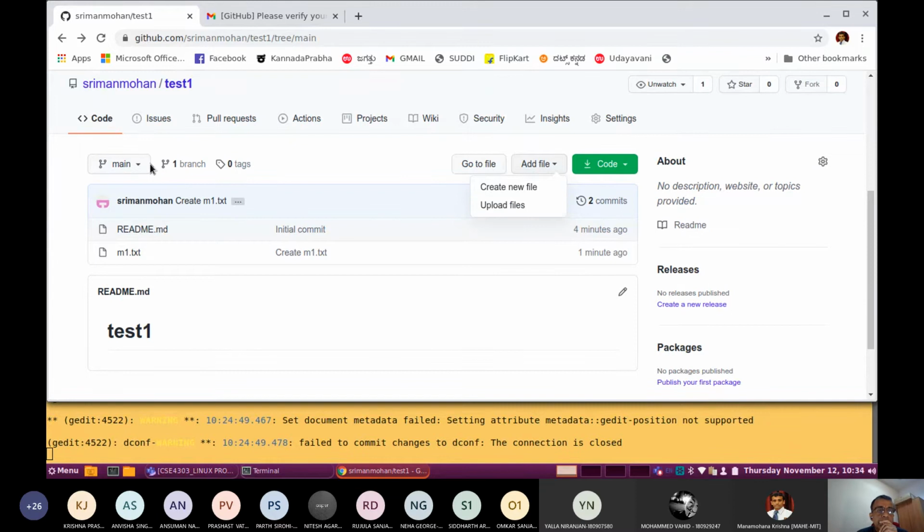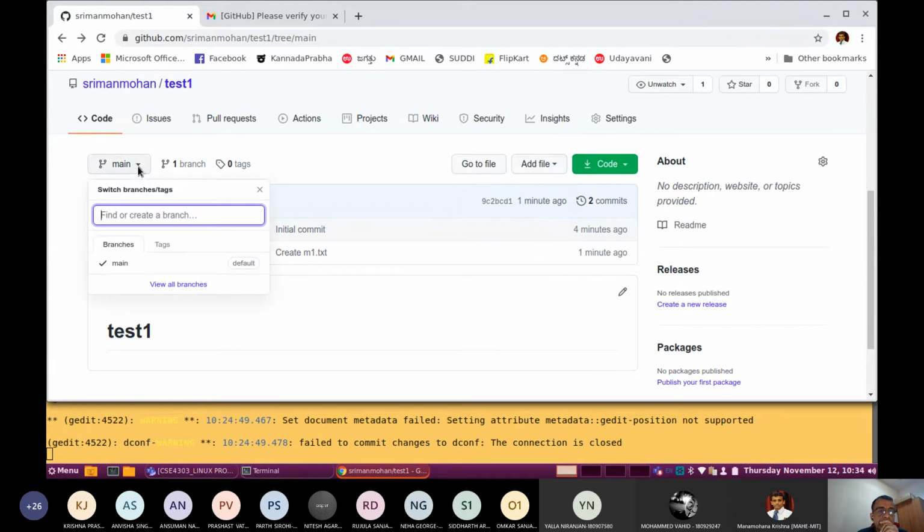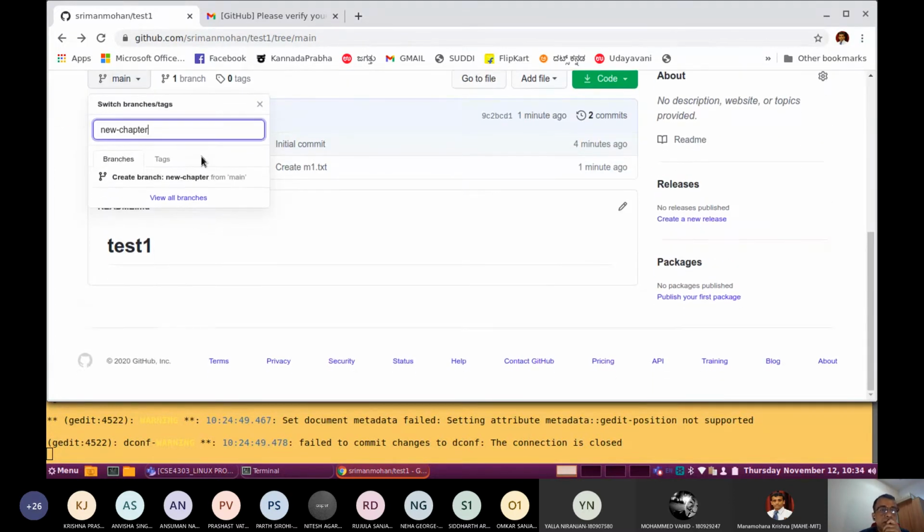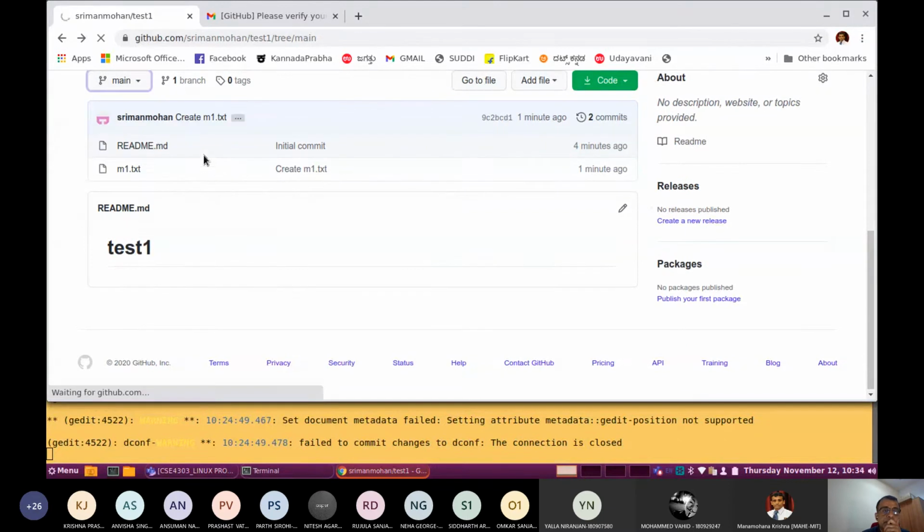Now, if you want to create one new branch, click here. You can find a new branch. Say, for example, we can write new chapter, and press enter.